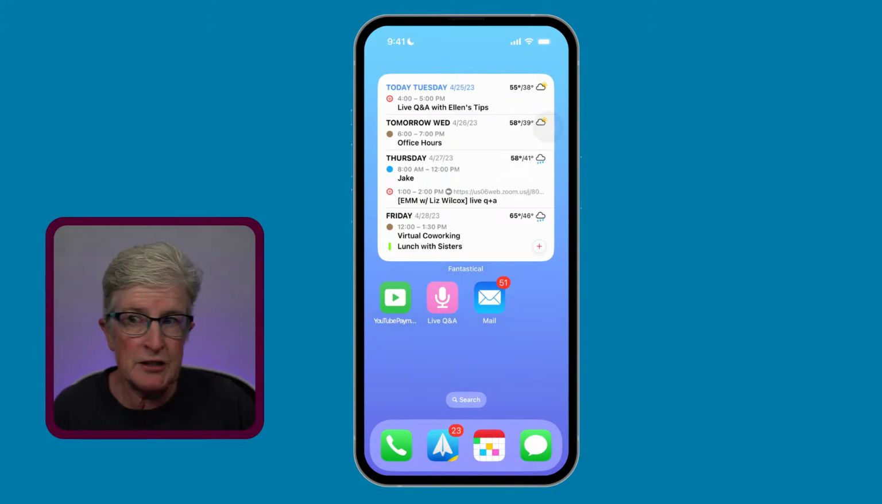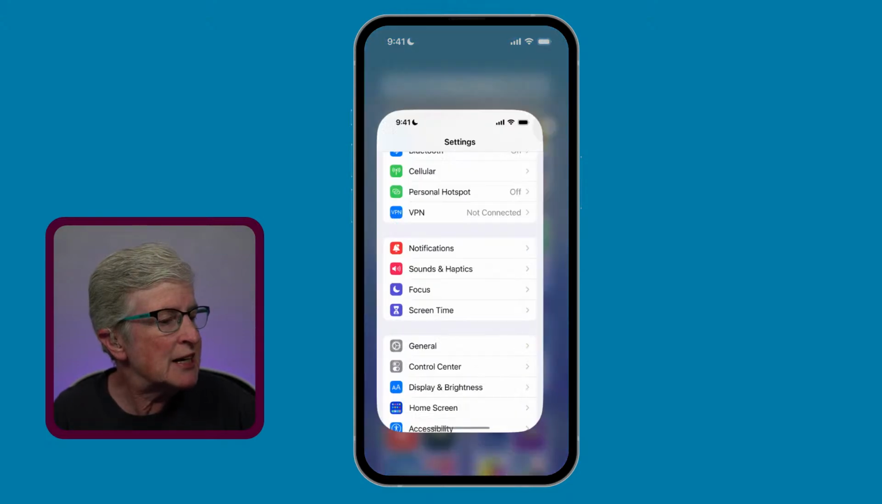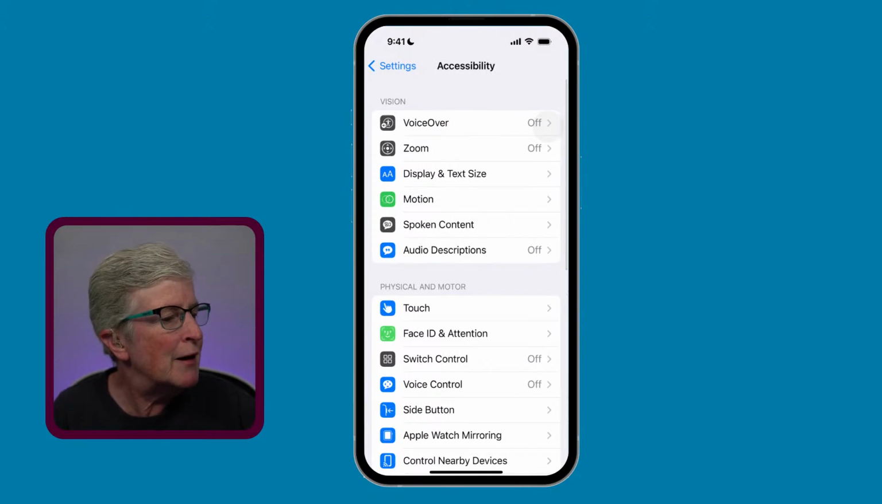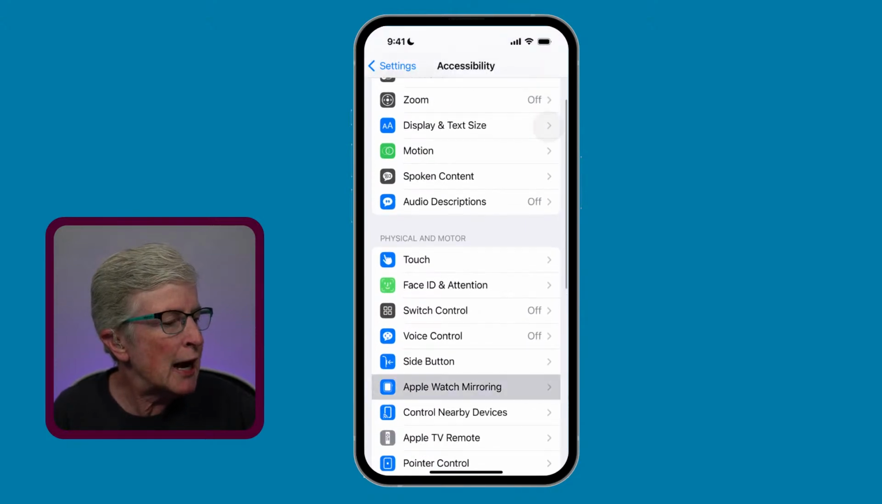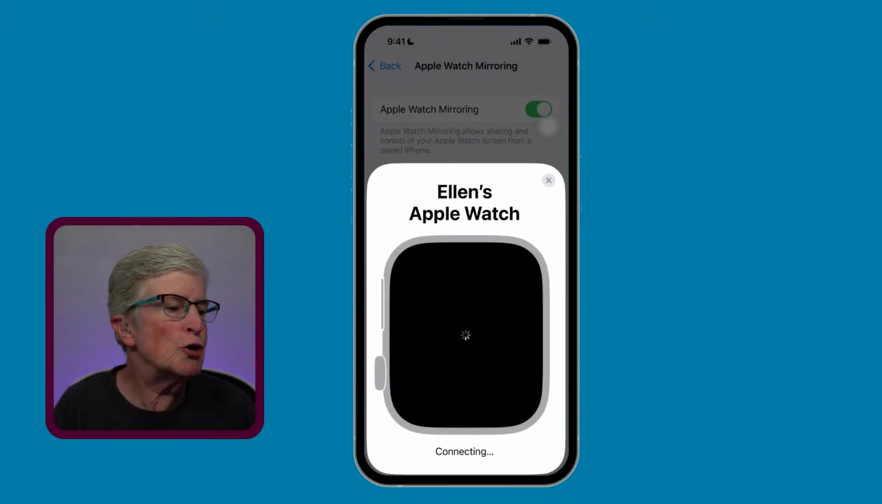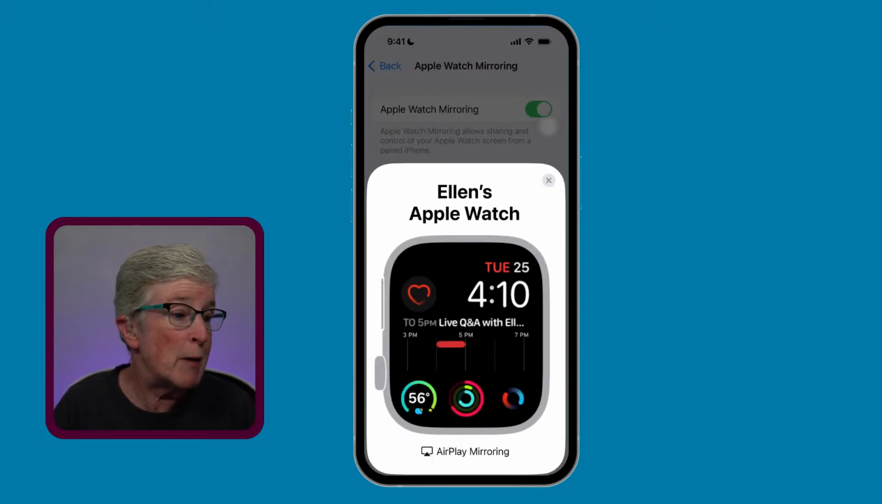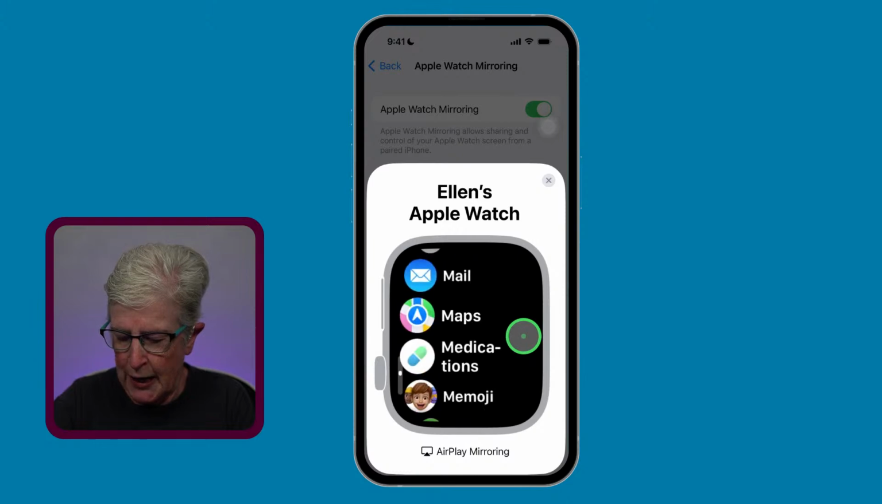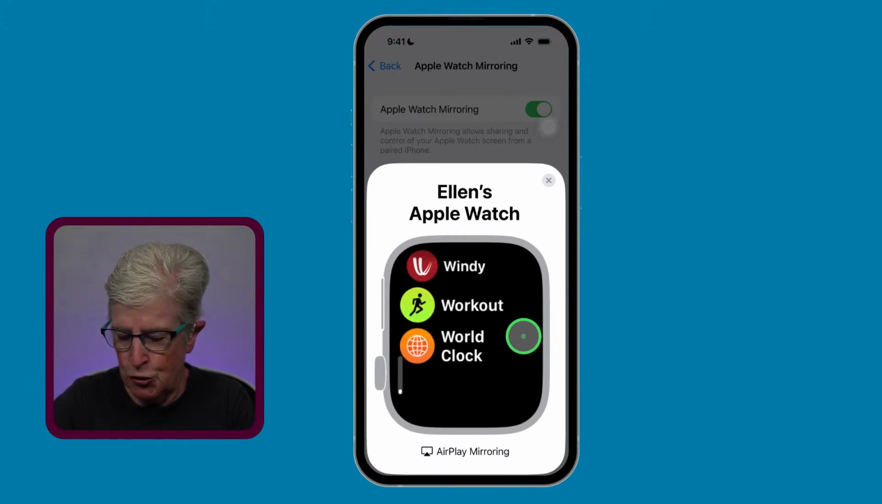So to show you this, I'm back to the iPhone. This time, we're going to come in to the Settings app just so that I can show you this in big form. And I'm going to do it by using Apple Watch mirroring. And so this is going to show you a picture of my Apple Watch. If I come into the workout app, so let me do that,